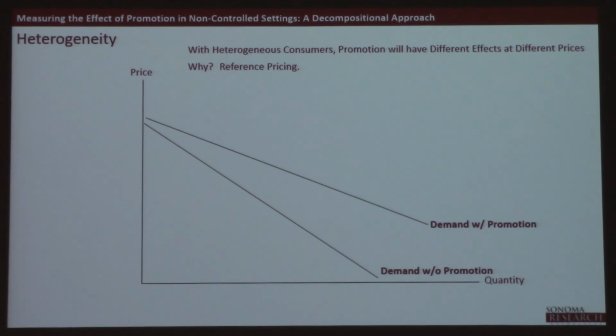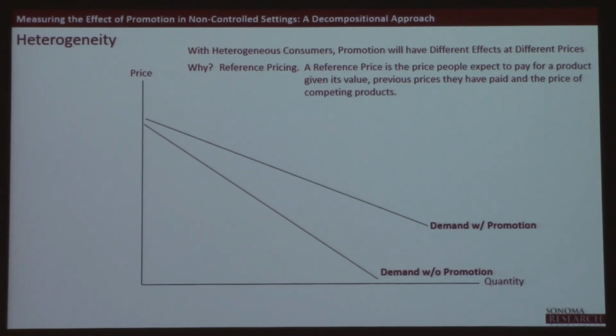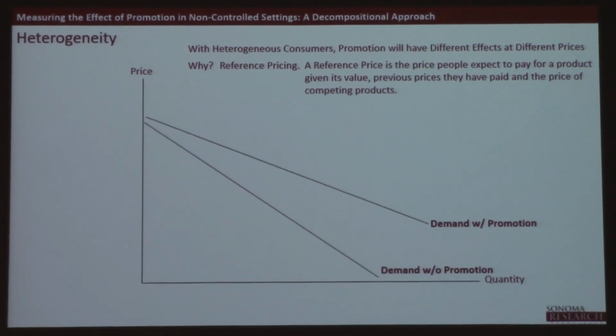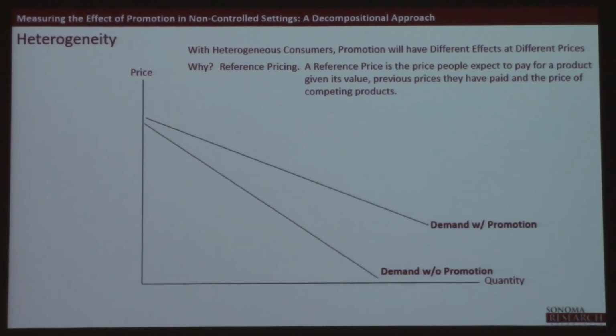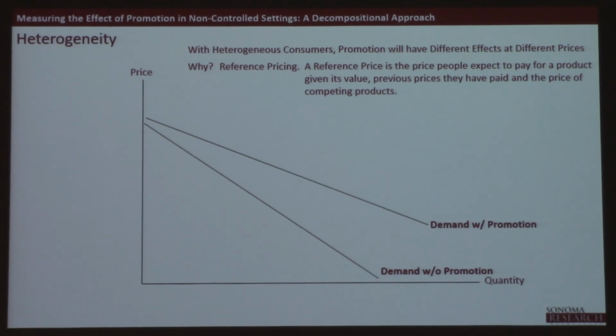And kind of appeal to this idea of reference pricing. In other words, we know what is and isn't a good deal. When I go buy a bottle of wine, and I do try different wines, but in all honesty, there's a handful of wines I buy, and I buy them on a pretty regular basis. St. Francis Old Vines, Benziger, Sonoma Cab, Alexander Valley Cab, a lot of Chateau St. Jean, because I usually buy Kenwood products. So there's lots of wineries, but there's ones that I drink on a pretty regular basis. I was in a